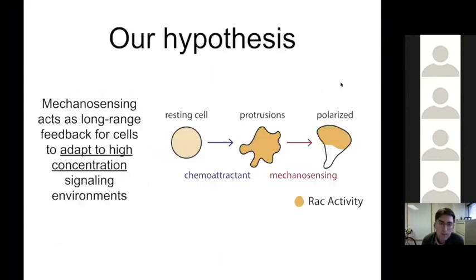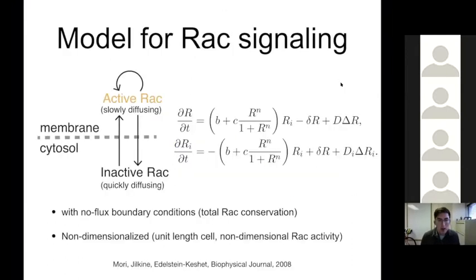pathways. So one of our hypotheses for how this cell that gets really highly stimulated can actually adapt to that oversaturating stimuli, that oversaturating input, is that this mechanosensing process by which the cell is able to sense that it's being stretched can then modulate the underlying signaling network and allow the cell to adopt a polarized signaling pattern. Now, what we did to probe that is we encapsulated the big Rac signaling network that I showed